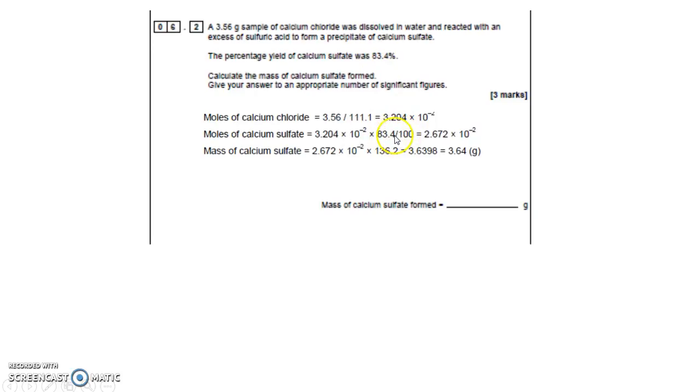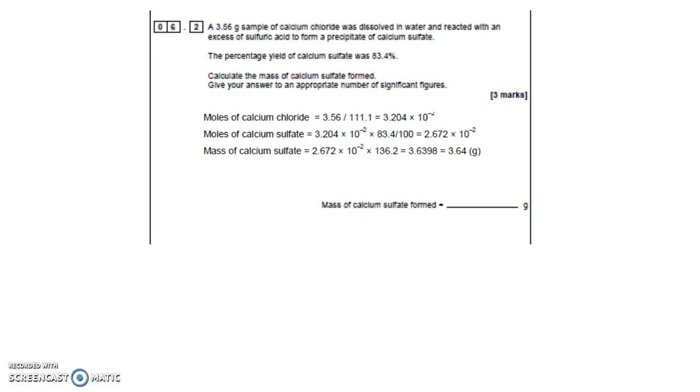So I've taken 83.4 divided by 100 and multiplied it by the number of moles of calcium sulfate that I've made, which is the same as the number of moles of calcium chloride. So that's the number of moles of calcium sulfate that I've got made based on 83.4% yield, and then